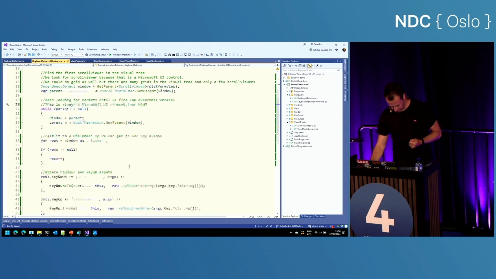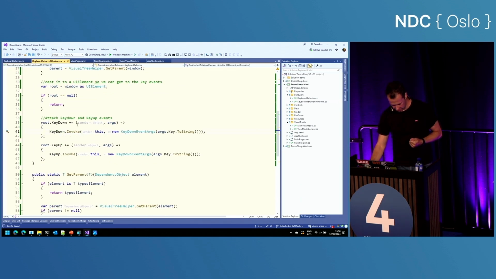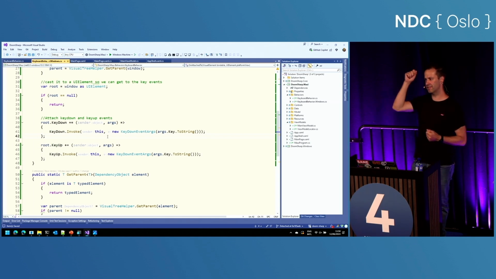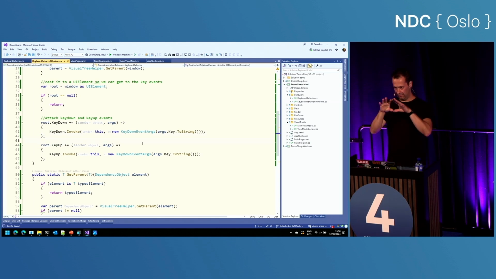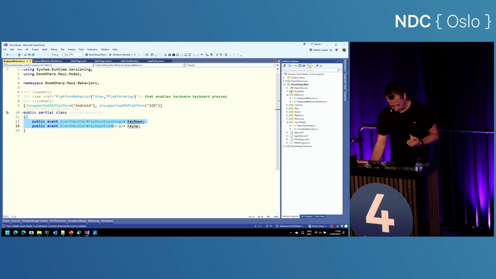Once I had that, I could add the key up and key down events on that element. Now, that element always has some form of focus because it's the outermost, so those events will always trigger. Whenever they get triggered, I would invoke the key up and key down event that is here in my abstraction.